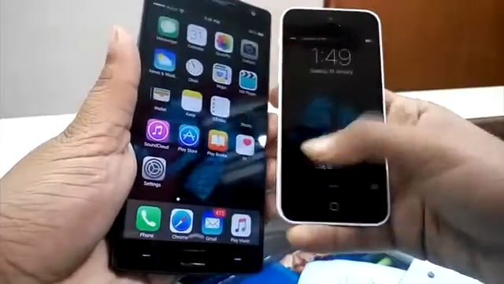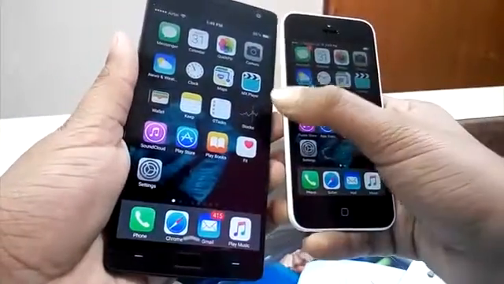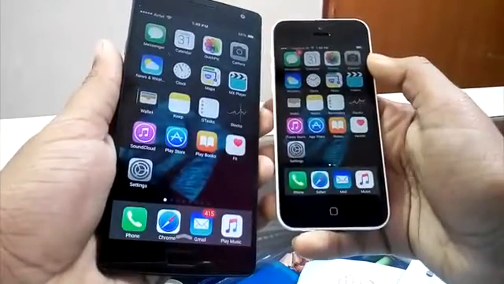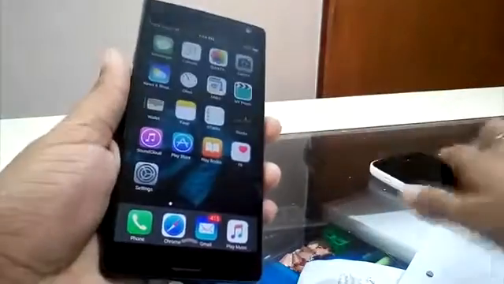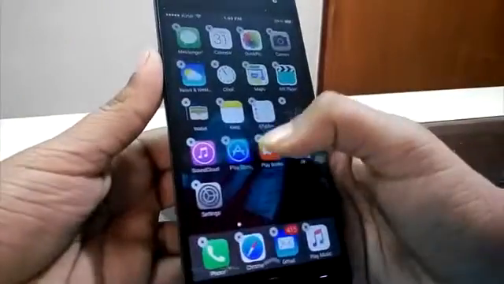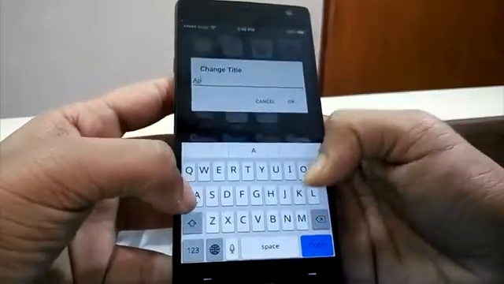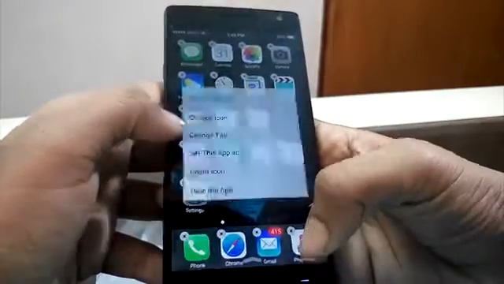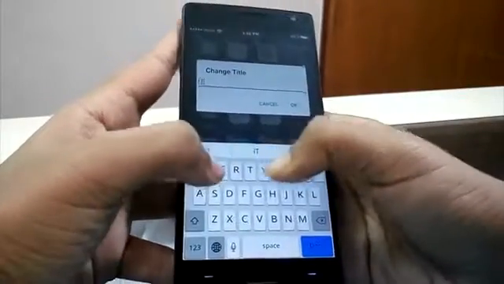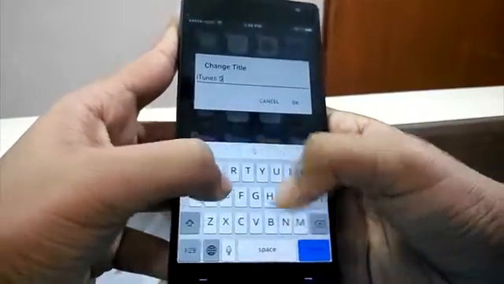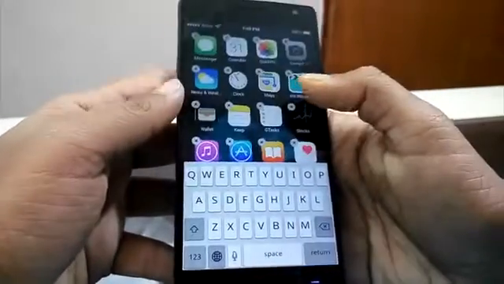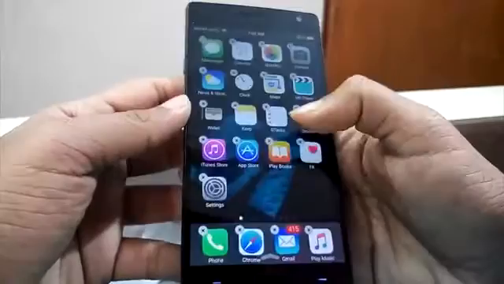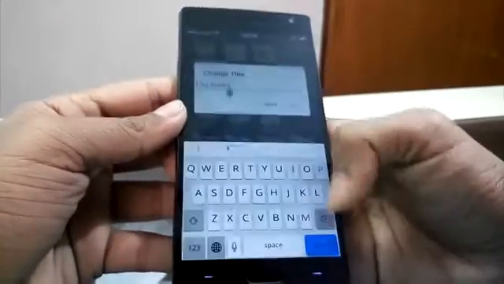Just the Videos app, Maps app and the Wallet are not the right size. You can get the right size in Google. I was too lazy to correct it, so this is enough. Now you can change the title as well. Go ahead and change the title. Play Store won't look nice, so you can change it to the Apple App Store. For iTunes the same. SoundCloud too, I'll change it to iTunes Store. And for the last, go to Play Books, hit on it, change the title and change it to iBooks.